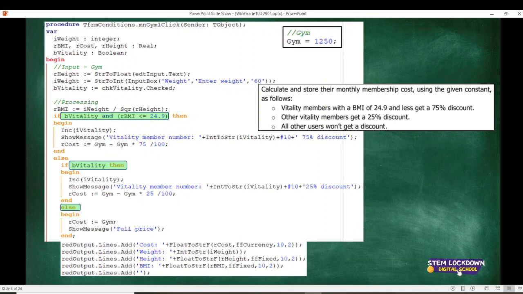And then my calculation is the same thing, except I'm multiplying the gym cost by 25 out of 100 because they're only getting a 25% discount. So here the cost is going to hold a different value because they're only a Vitality member. And then the last part of my nested if is just an else, because then you're not a Vitality member